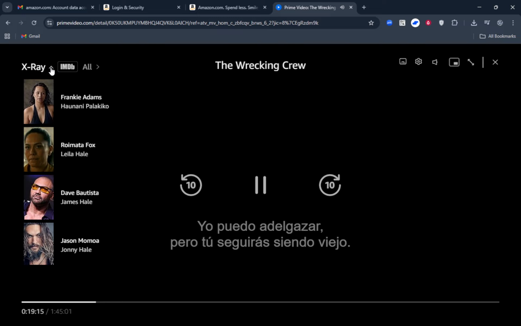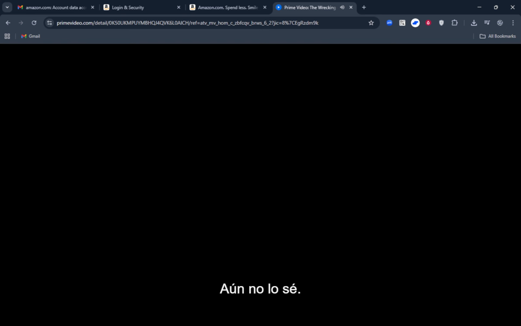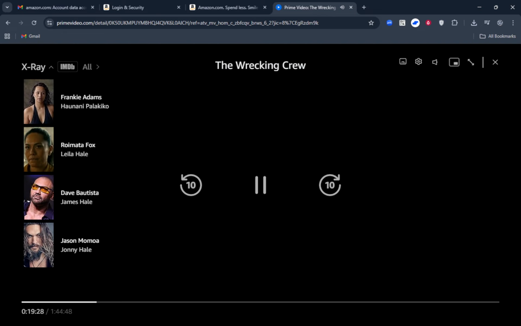If you notice X-ray briefly reappearing when you move your mouse or pause the video, don't worry, that's normal behavior. The overlay is designed to show up when you interact with the player. If it keeps popping up, simply stop moving your cursor and leave it where it is on the screen. After a moment, the controls and the X-ray overlay will fade away and you'll be back to a clean, distraction-free view. You don't have to click anything else.